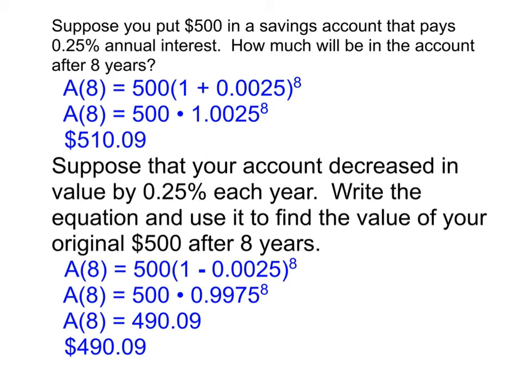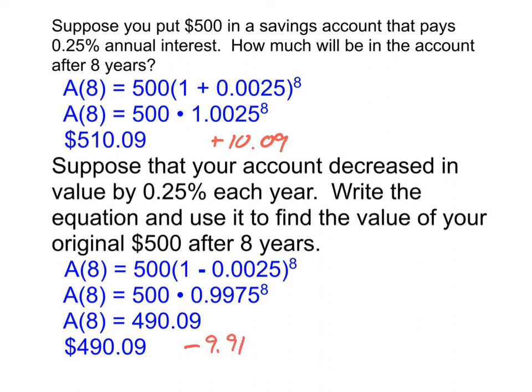$490.09. Now, I want you to note something about these two answers. First of all, they both end in 9 cents. That's total coincidence. That's not anything mathematical or special about it. That's just coincidence in this case. But something else I want you to notice here. This one, our first one, increased by $10.09. In our second example, where we're decreasing by that amount, it decreased by